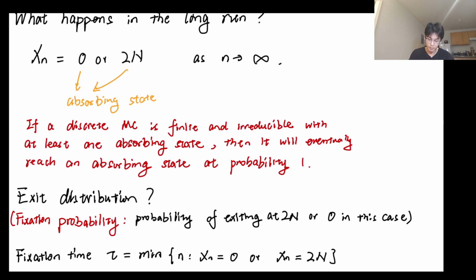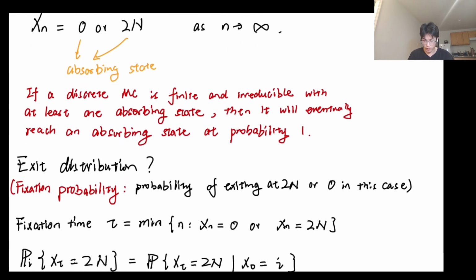The probability of exiting at 2n or 0 is denoted by this notation. We're eventually calculating this probability: X tau equals 2n,